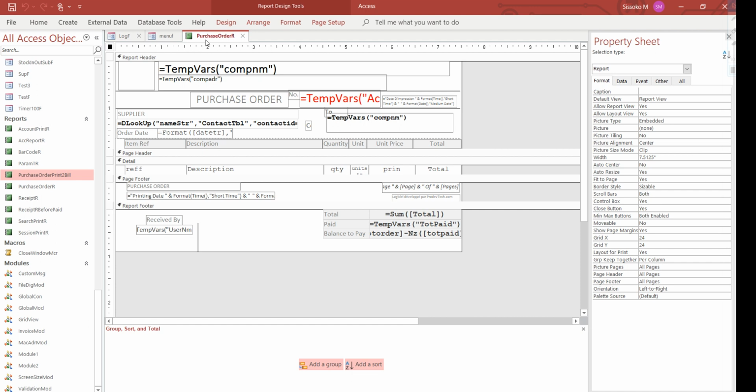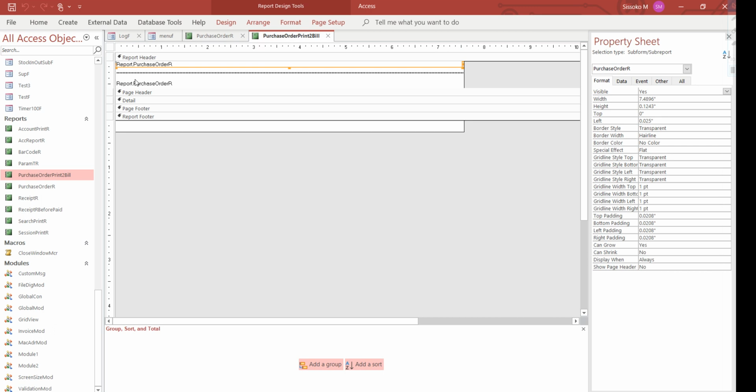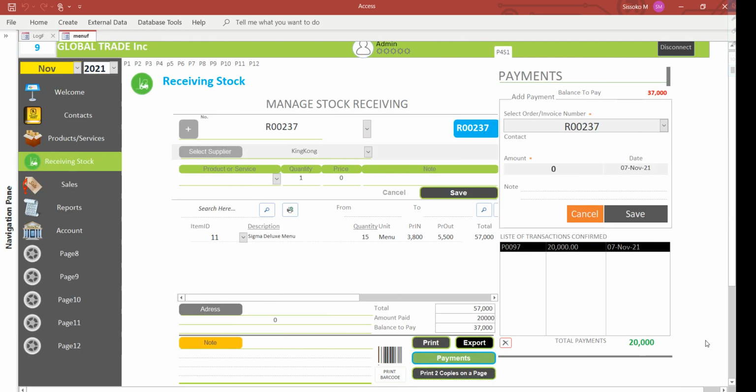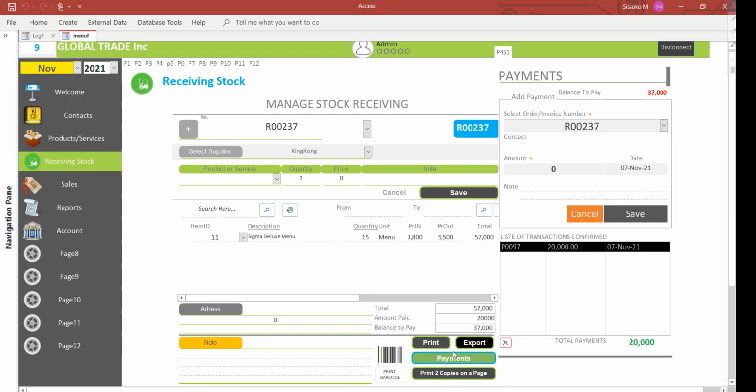Okay, the purchase order R. So if we go to design view of this one, we see the same report here, the same report. Okay, so very simple how to make it. So we print two invoices inside one sheet. Okay, so we can also print out a single print like this, a single page. Or we can export to any format we